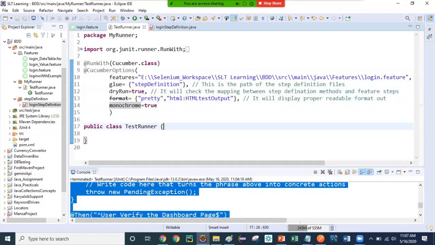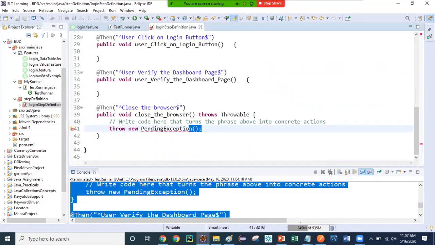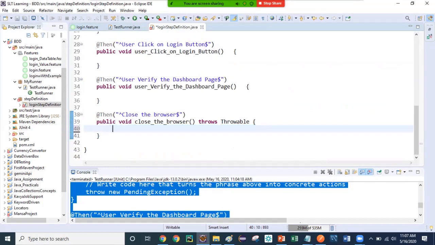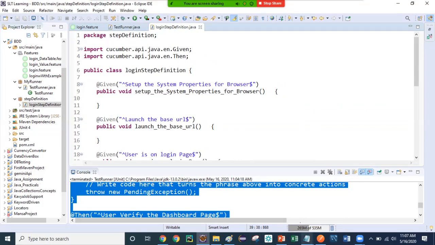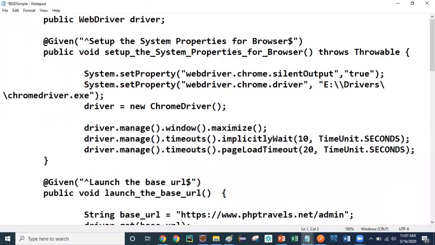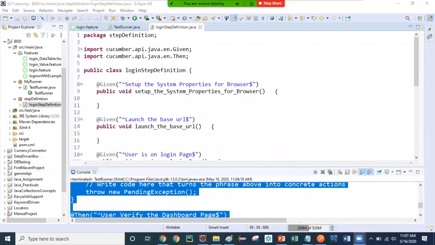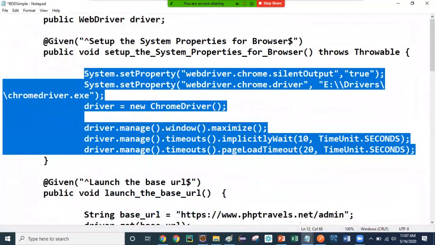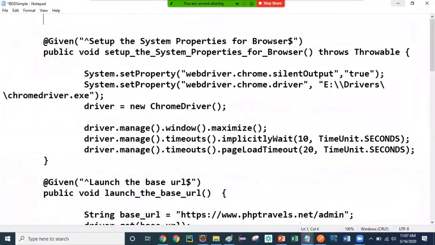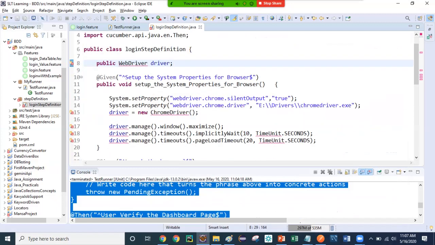Okay, now this is our file, right? Let me save it. Now let's go. Let me remove these things as well. Now I will add my code, and you will see how quickly I can add it. I have already created one file over here, the BDD. So it says setup. I will add this code, and you will easily realize how easy it is. So you see, I just added my setup code, and I need to define my public driver over here. So I will just add this line over here, and I just import these things.